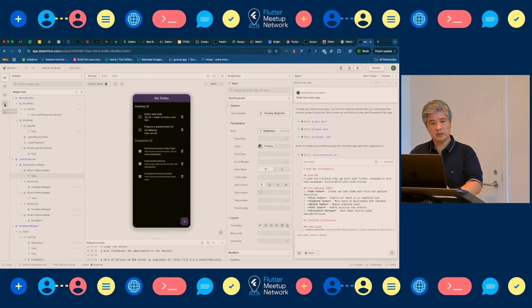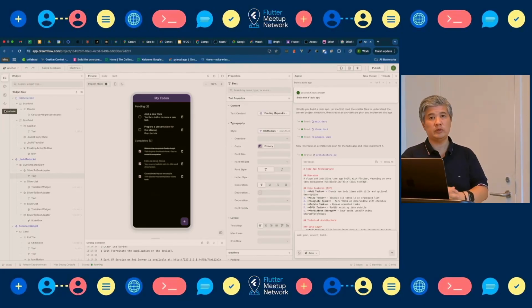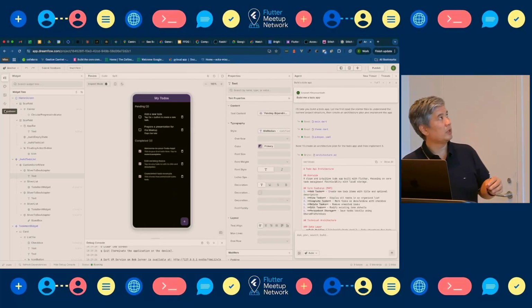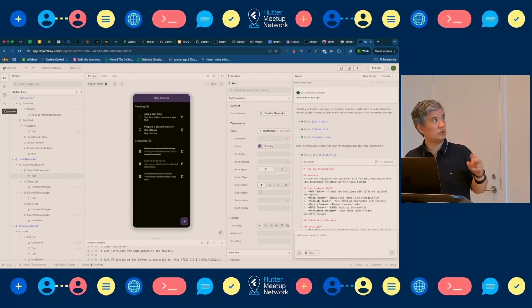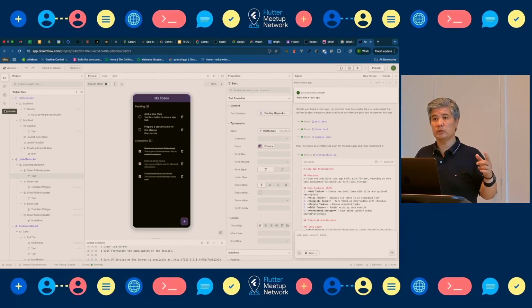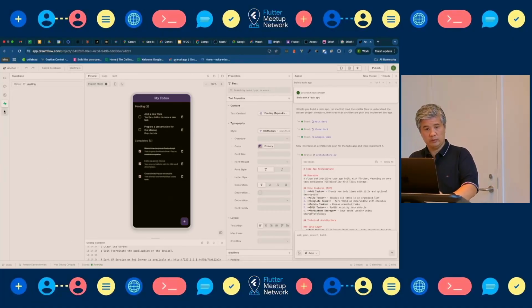Now, as you can see, DreamFlow proposes two integrations. If you need a backend as a service, you can integrate Supabase or Firebase. They are two different backend as a service. Does everyone know about Firebase or Supabase? Yeah. So here you have the option to connect if you want to connect specifically to one of these.